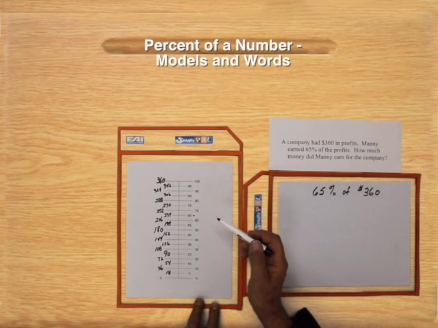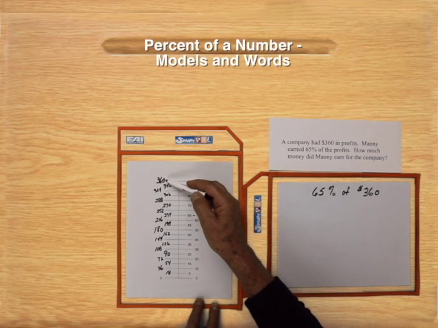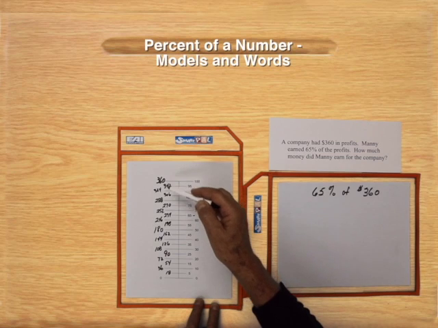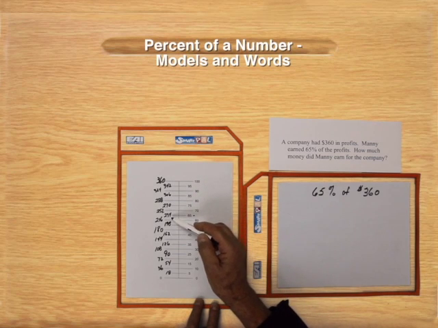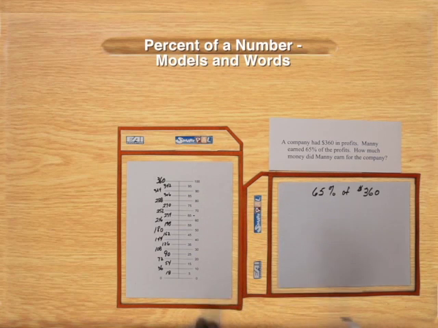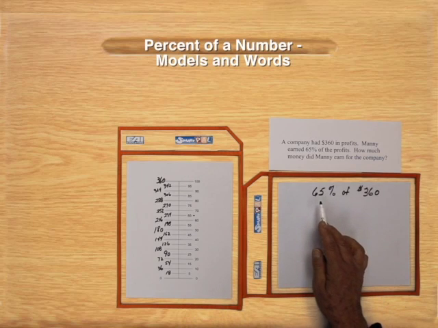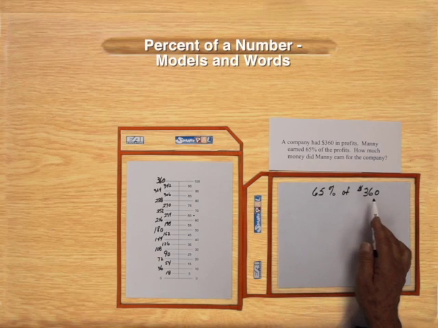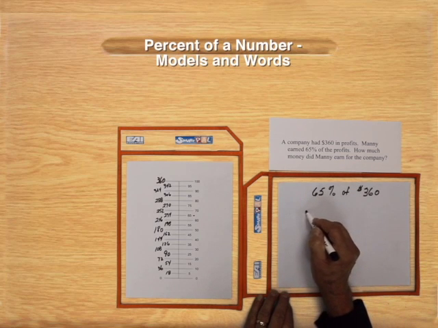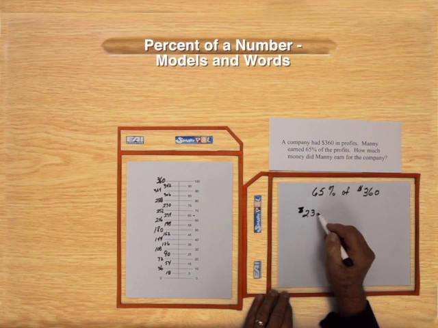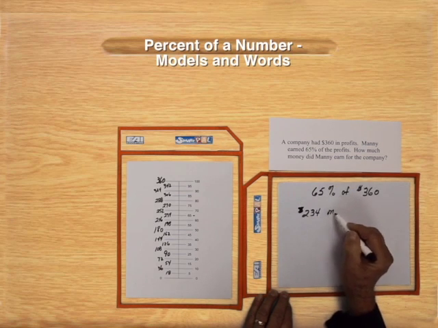So now the question is, when we compare 100 to 360, what number is going to be matched up with 65? And it turns out that 234 matches up with 65. So when we ask the question, what is 65% of 360? Our answer is going to be 234. So $234 matches